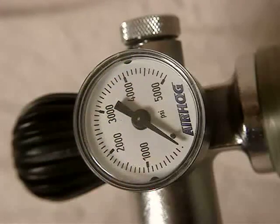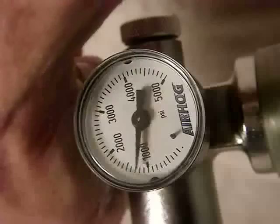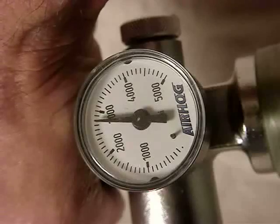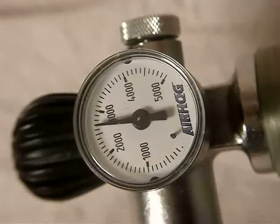Since the Condor doesn't have a gauge on the gun, we're going to have to rely on the gauge on the air hog to determine how much air is in the gun tank and to fill it up to 3,000 psi. In order to determine how much air is in the tank, we can bring it up slowly here and wait until, right there, about 2,800 psi is about what's in the tank